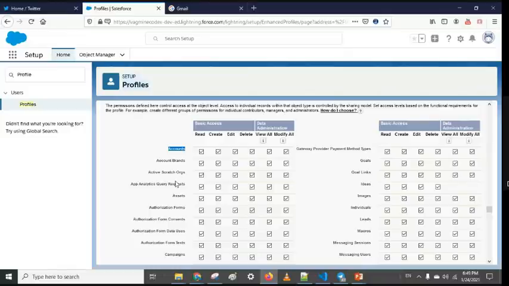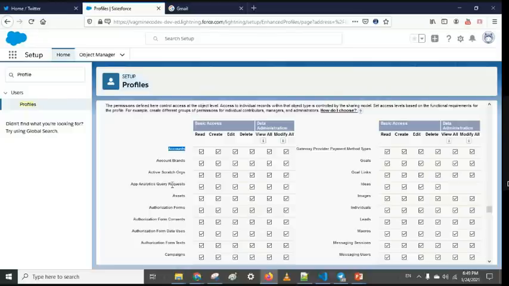Then we have two additional permissions, the data administration permissions: View All and Modify All. View All will matter in the future. For example, you have implemented OWD, where for each object only the user who created the record can see that record. By default, this is enabled.